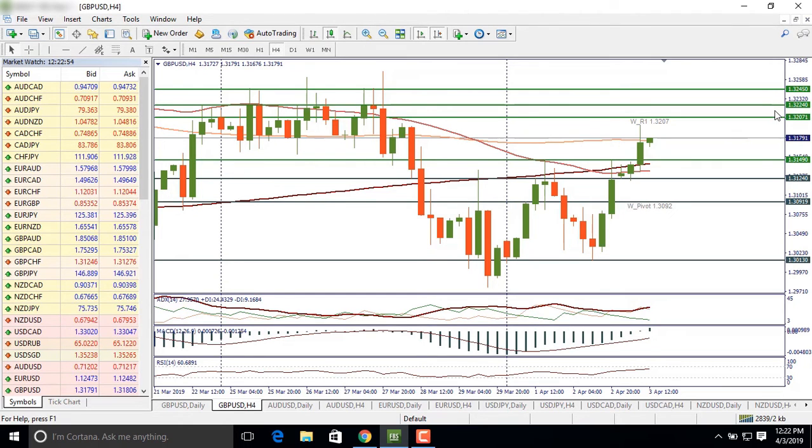resistance at 132.24. Otherwise, bears will take over the market and pull the pair below the 131.49 level towards the support at 131.24. If this level is broken, the next support is placed at the weekly pivot at